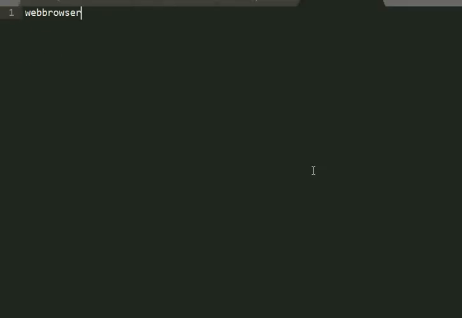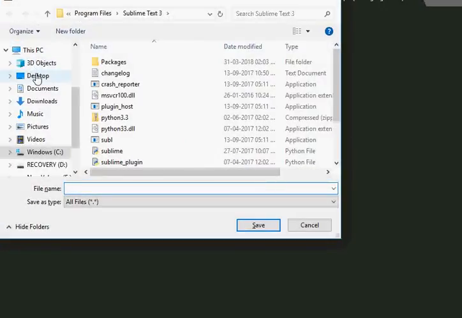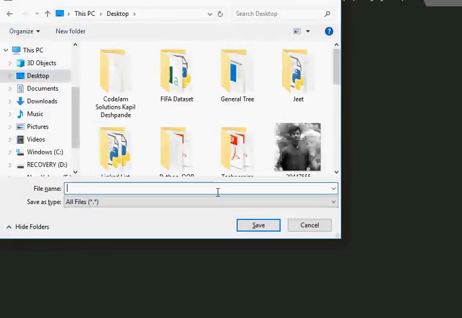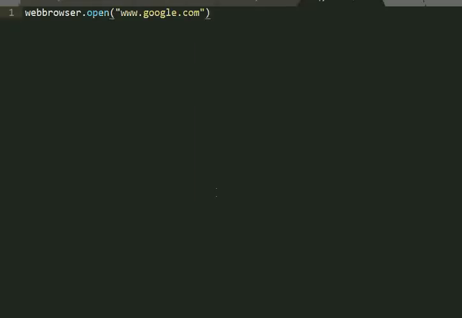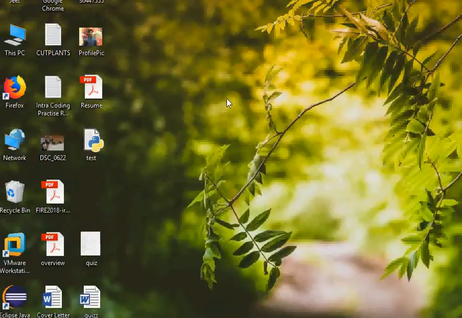So what is webbrowser? webbrowser.open is a function where you can just paste the URL you want to open, like www.google.com. I'm just going to open Google for instruction purposes, and that's it. This link would open Google. So let me just save this program quickly. I'll use anything, just test.py. So you can see that it's saved, and when I run this program,